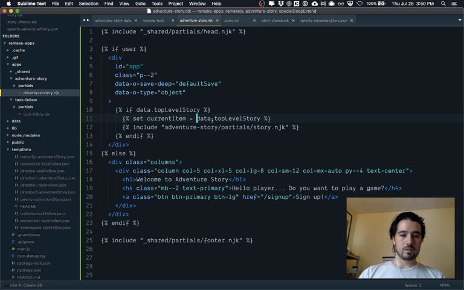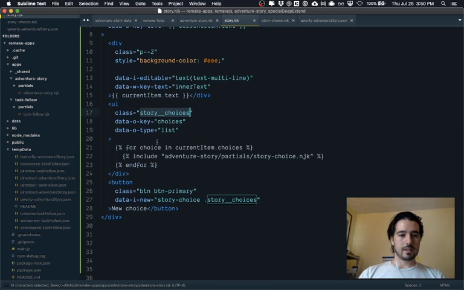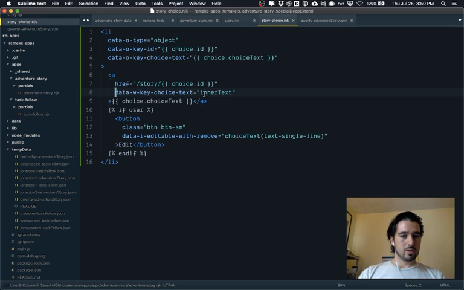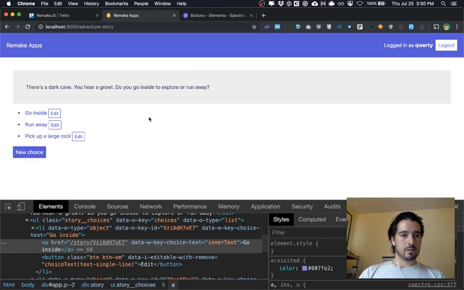So if I do current item or data.toplevelStory, and then instead of linking to story, if I do adventure story here, adventure story, and I refresh this,